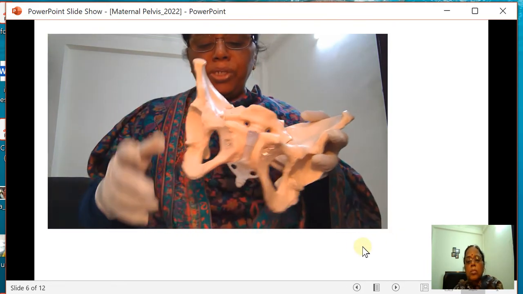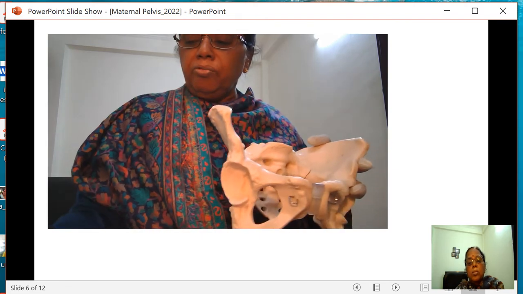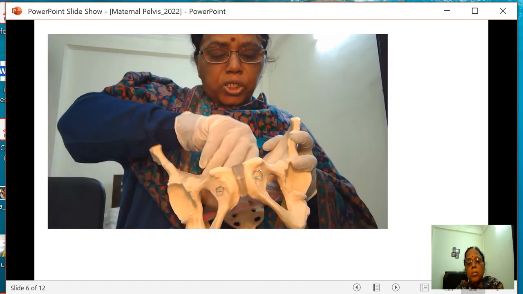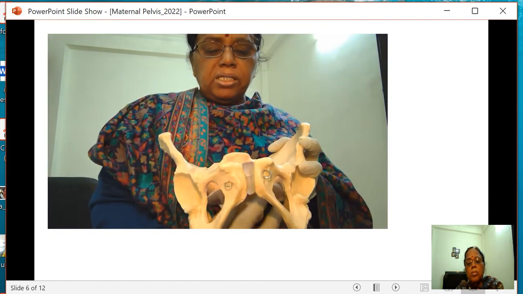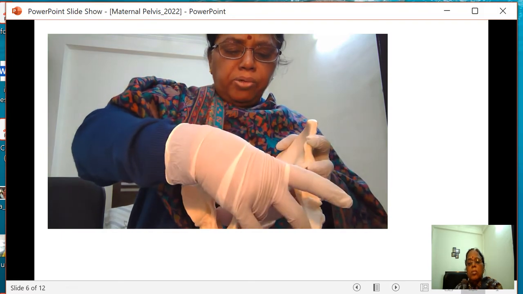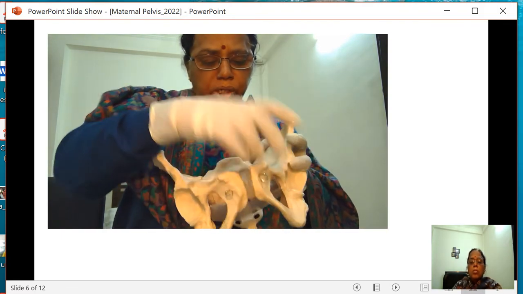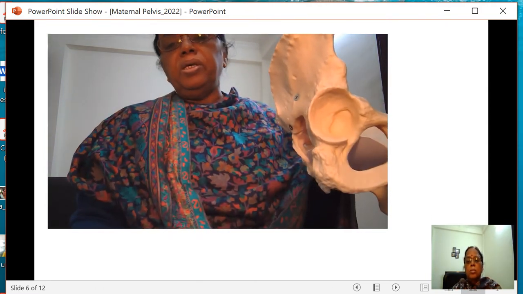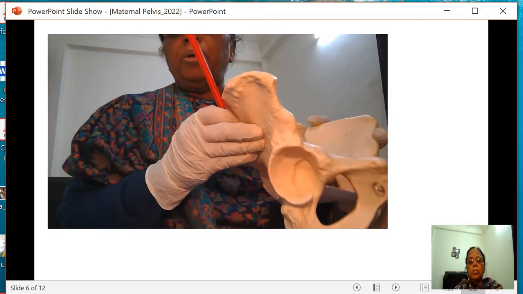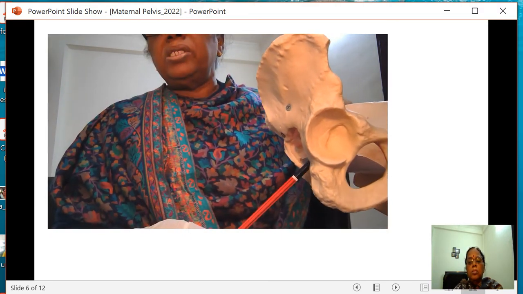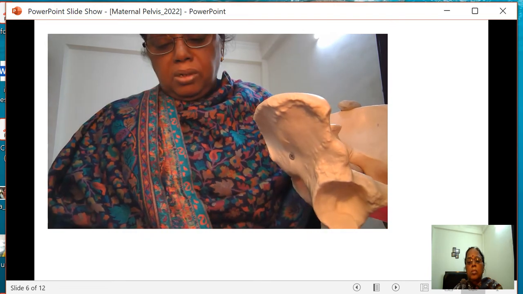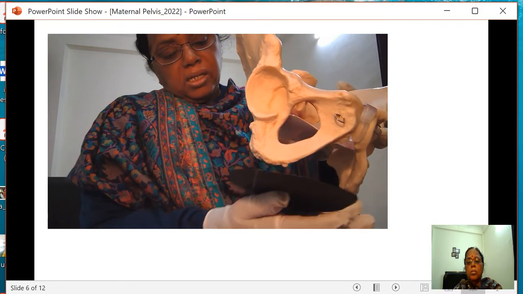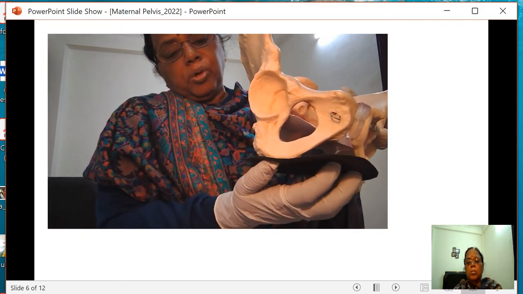Now what is obstetric outlet? When we talk of obstetrical outlet, when you are asked, the obstetrical outlet is not a plane. It is a segment of the bone. Now I'm trying to define it for you all so that you can appreciate the segment. Now this is the level of the narrow pelvic plane. Here if you can see the narrow pelvic plane at the level of this pink paper, and this is all the last part, that is the tip of the ischial spine, the tip of the tuberosities, and